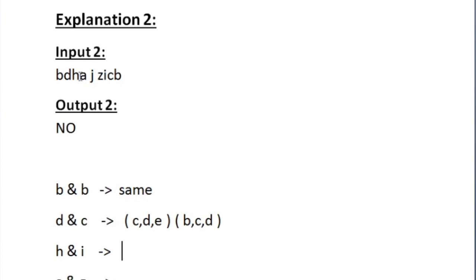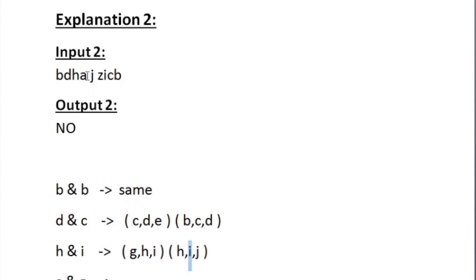So now we have to check the characters H and I, that is the third from first and third from last. So the H can be toggled into G, H and I. And the last third character I can be toggled into H, I, J. So here again we have a common character I. So this is also possible.